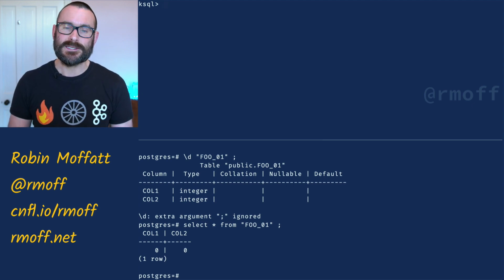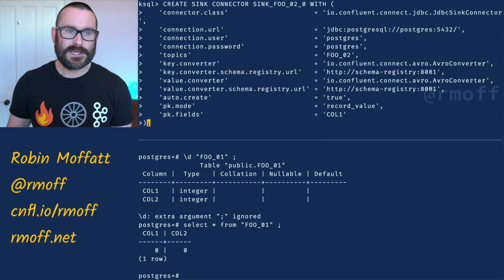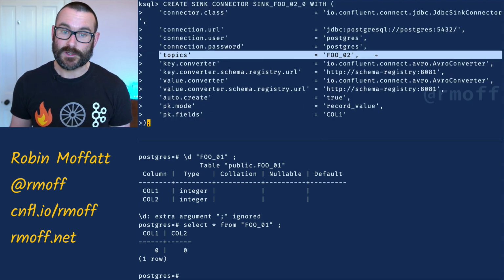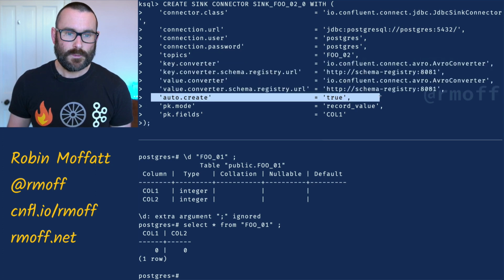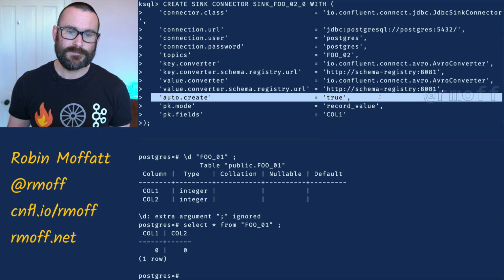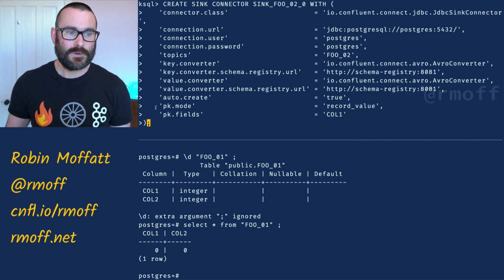But by default, it takes the name of the topic. So we're going to create our sink connector here. The topic is now foo2. The serialization is as before, it's Avro data. We're going to create the table at the target, and now we're going to say I would like to use